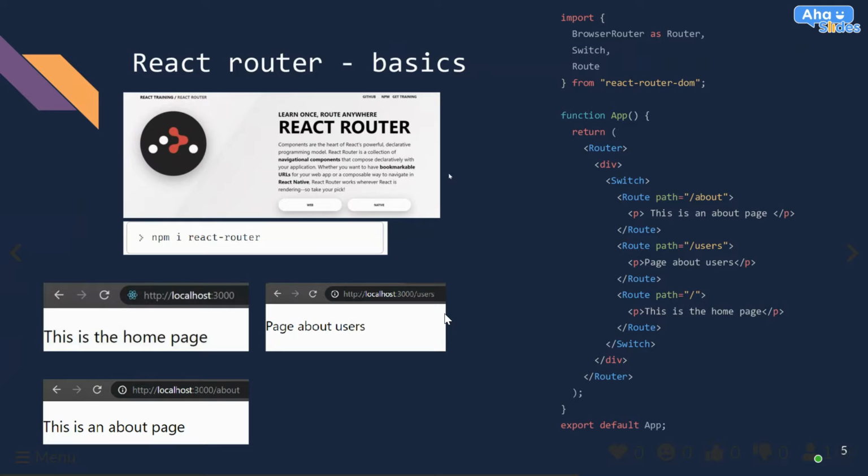What this one single file does is the following. If someone tries to access my web page /about, he is given this content, a paragraph. If he goes to /users, he's going to see this other paragraph. And if he goes to the home page or any other unknown path, he should see this.